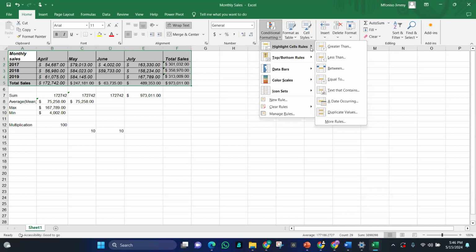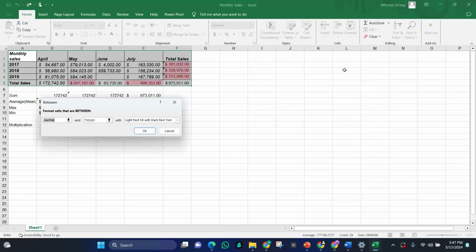We don't want to highlight those. We really want to highlight things that are greater than or equal to $100. So you will see greater than here, less than here, between here, equals to here, text that contains, a date, duplicate values. There are more and more rules just the way you want.